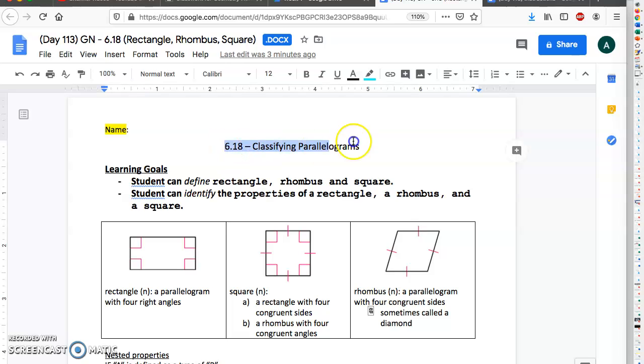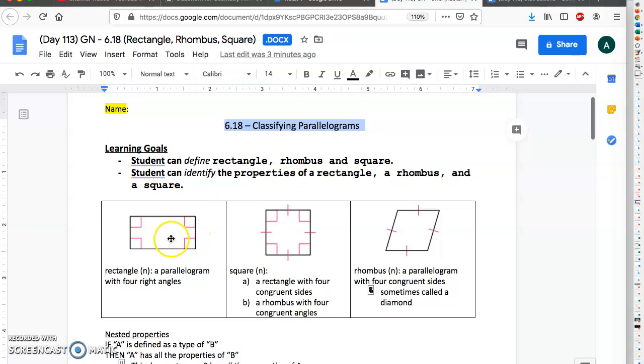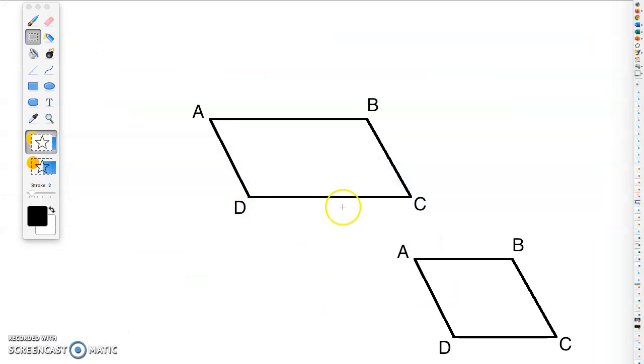So this is talking about classifying parallelograms. Specifically, we're talking about these three right here: rectangles, squares, and rhombuses. All three of these are types of parallelograms. Once again, the definition for a parallelogram is when two pairs of sides are parallel. So for example, right here is a parallelogram where you have the top and bottom side are parallel